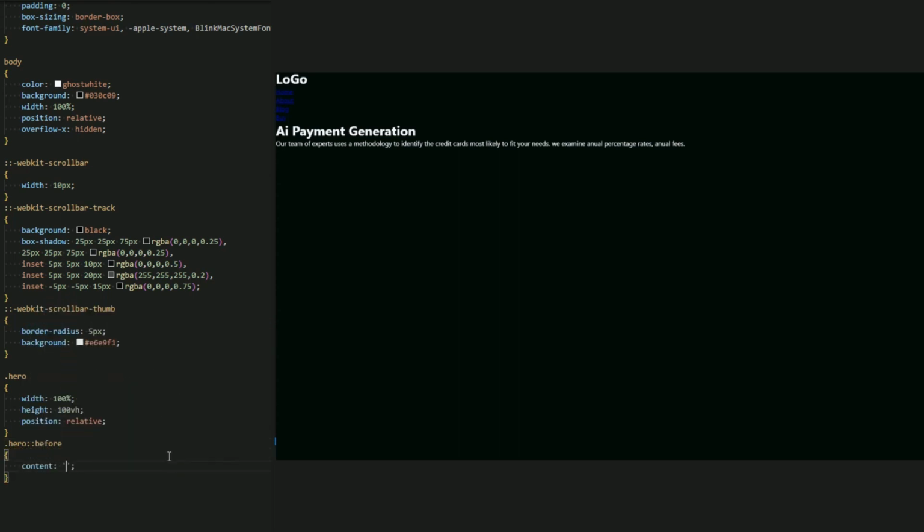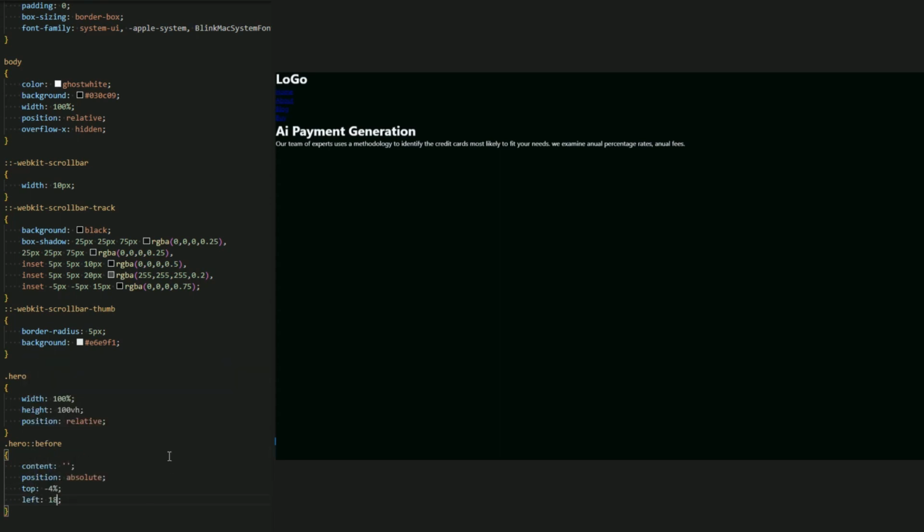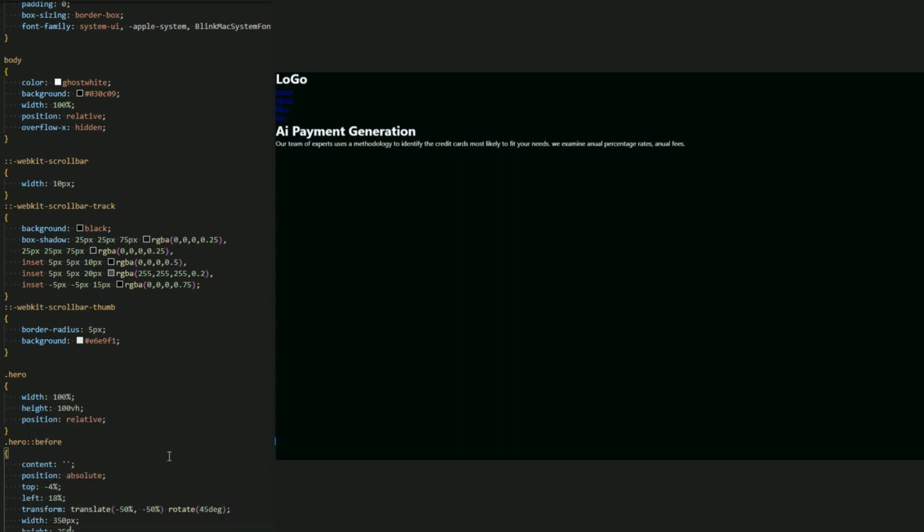So hero before, content be empty, position absolute, top -4%, left 80%, transform translate -50%, -50%, and let me add a rotate 45 degrees, and let me add the width and the height 350 pixels, 350 pixels.